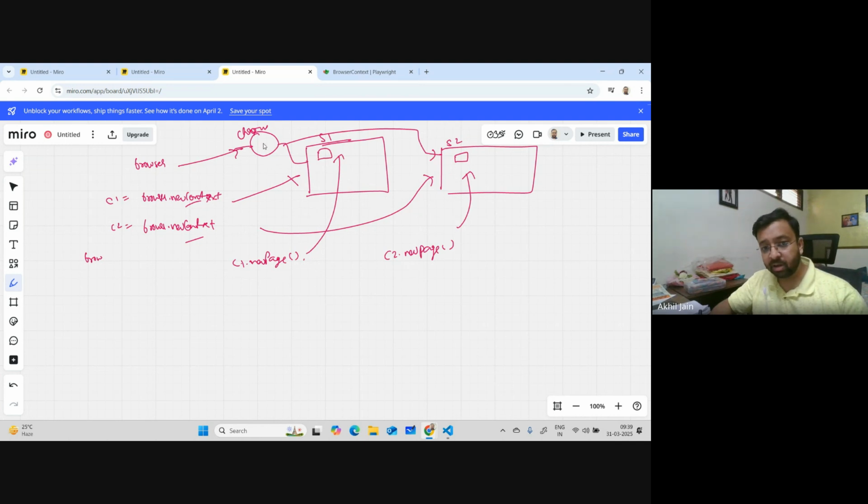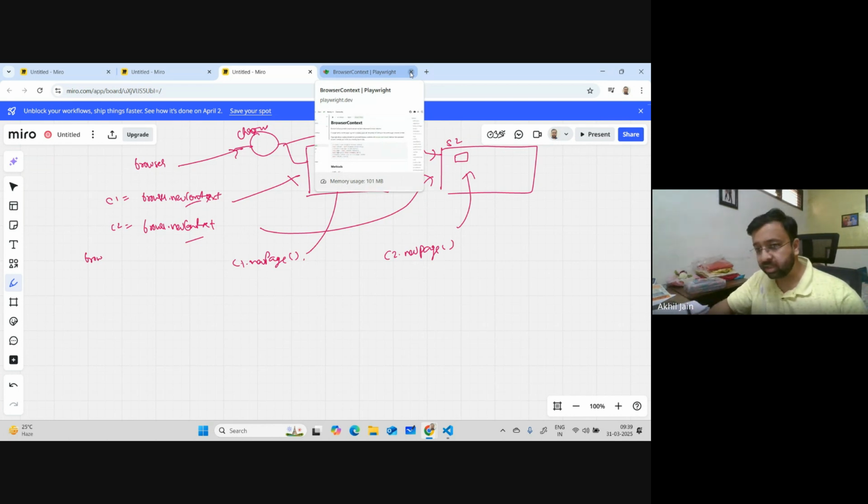If you see this, you started this, someone started this, and someone started this. So there are three things. Now at all three levels, you can close. If you go and close the tab like this, I can go and close this tab, it can get closed. So just for the understanding perspective,